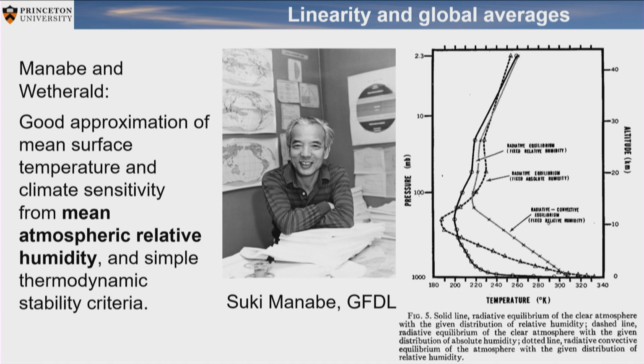And the second thing was that when he assumed that relative humidity was constant, with this single column, he could already anticipate climate sensitivity to a very good degree, except, of course, clouds, right? This solution is not able to have a predictive solution for clouds. But for the clear sky part, this gives you a very good estimator. This is really remarkable if you think that water vapor, or just water, the phase transition is such a nonlinear process that somehow, in the end, if you average it all, it seems to be pretty linear.